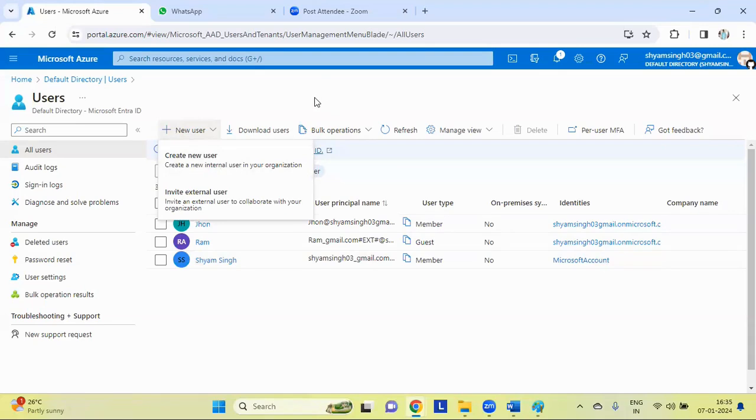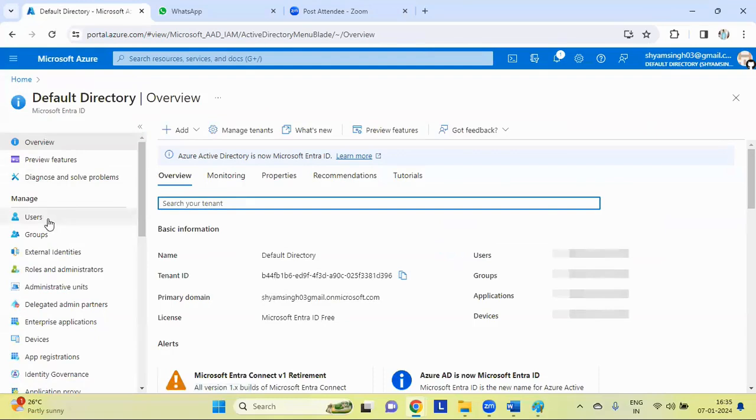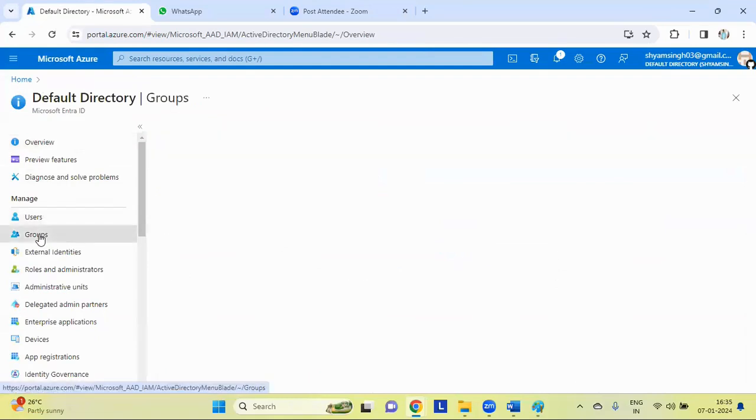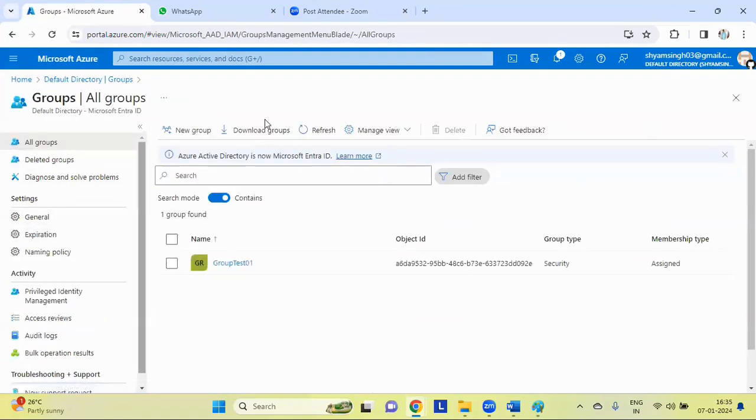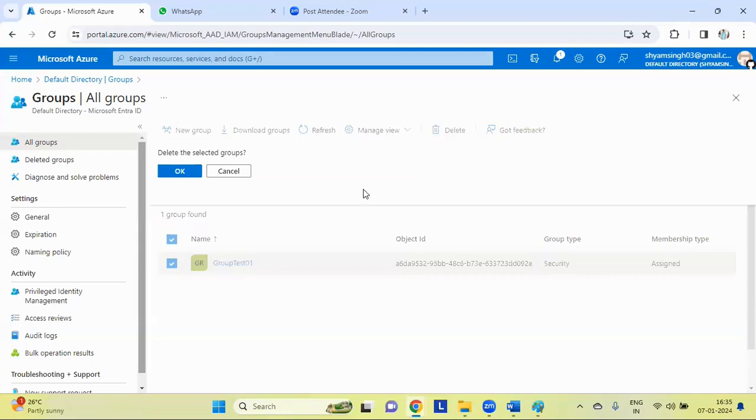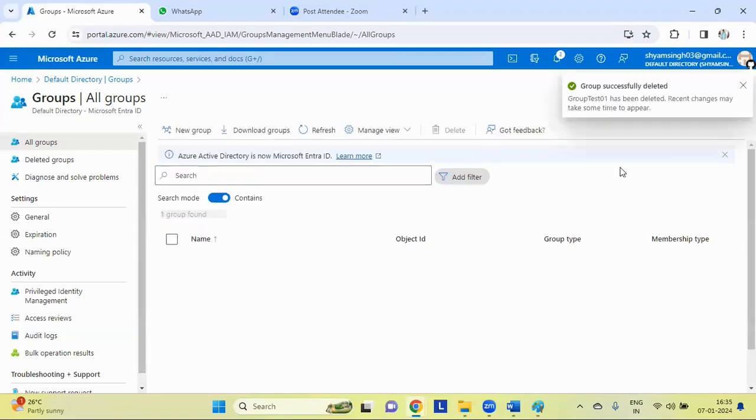This is how we are going to add the users in the directory. Now let me go back to the directory. Here we have a group also. Because if I'm going to tell you how to create a group, let me delete this group and I will add a fresh group, and then I will show you how to do that. Okay, so this is the dashboard of groups, and you can see plus new group. Correct guys? Click on plus new group.